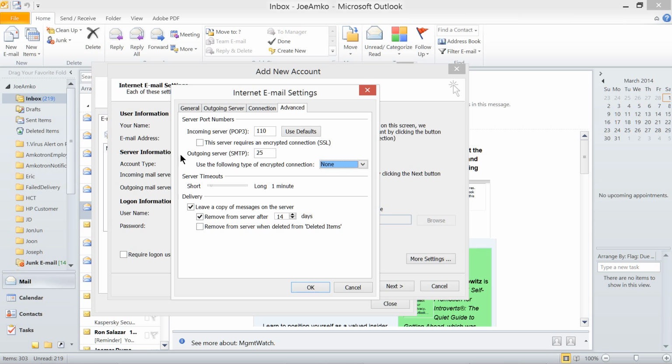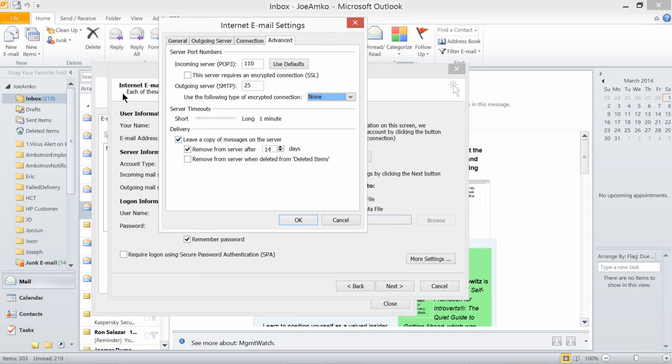So another thing is the delivery option right here. If you want to leave your emails on the server for 14 days before retrieving them, you can click this. Now it shows that the email stays there for 14 days and then it will be deleted after that.